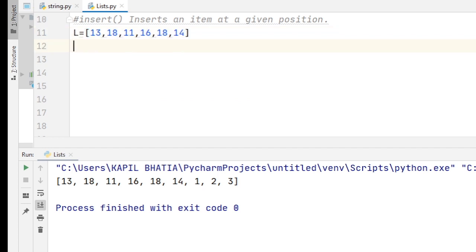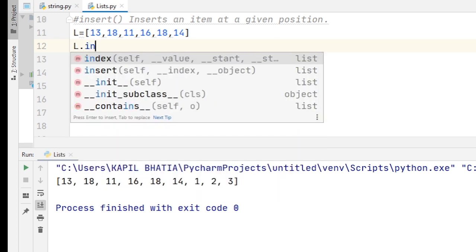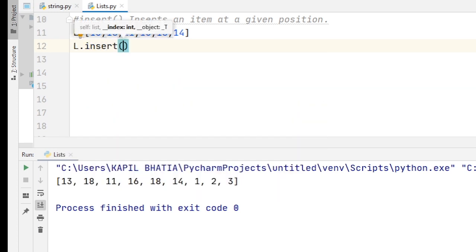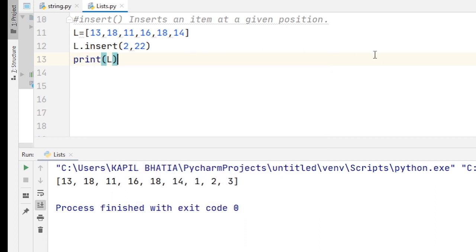To insert an item into a list, the syntax is listName.insert. First we mention the position. Suppose at second position I want to insert 22. When I print the value of L, you will find the output as